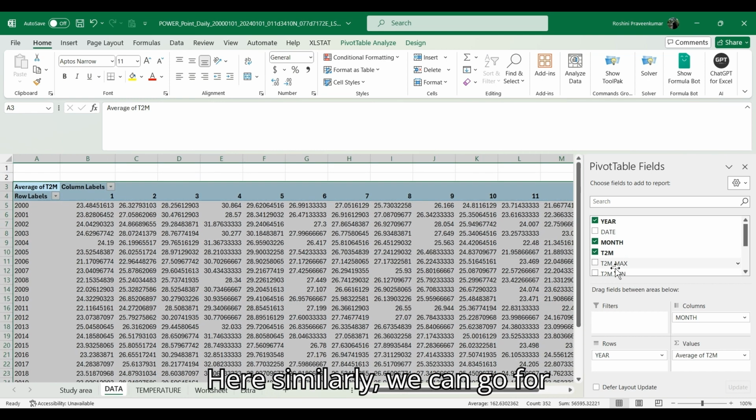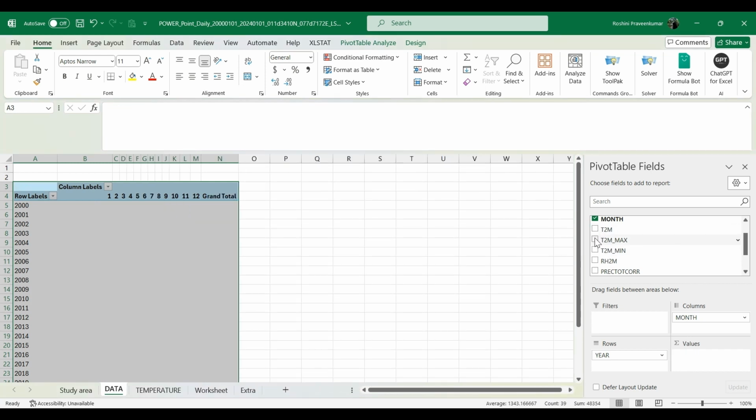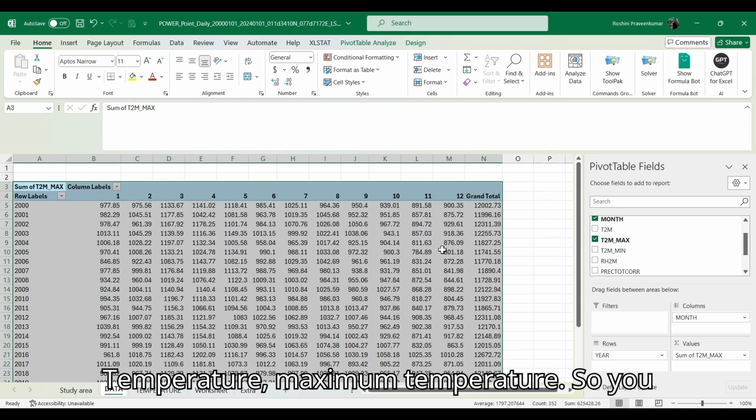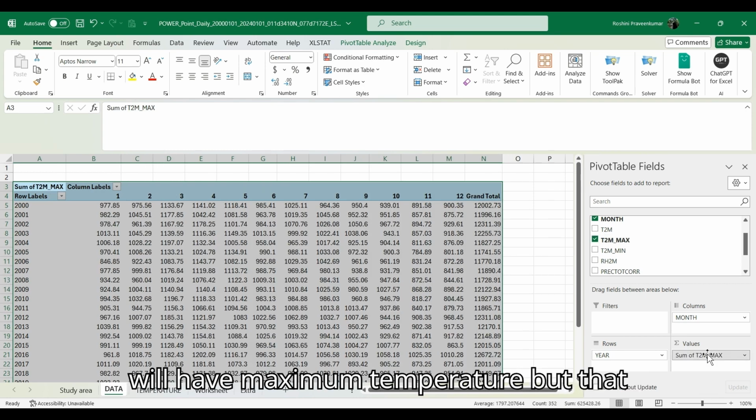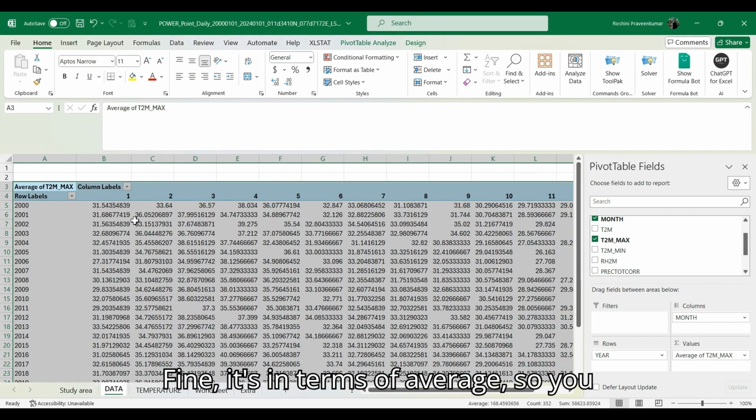Here similarly we can go for our temperature, maximum temperature. So you'll have maximum temperature, but that also will be in terms of average. Fine, it's in terms of average.